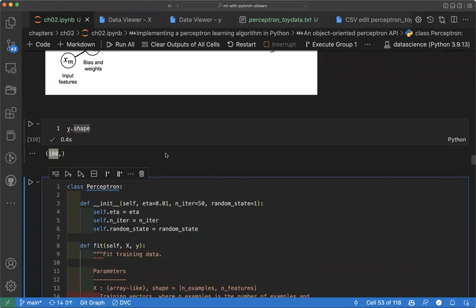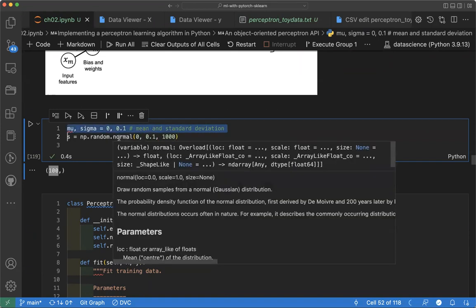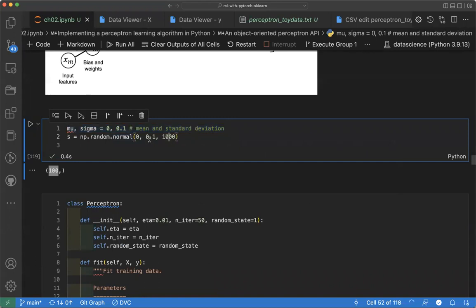Yes, so let's look at this. Not this one. This should be 0, just this should be 0.1. So if you look at this, what this means is that normal has a scale and a size. Here we say 1000. Now when we run this,